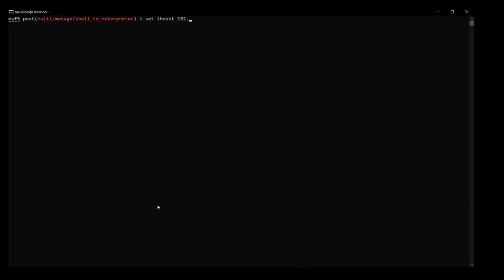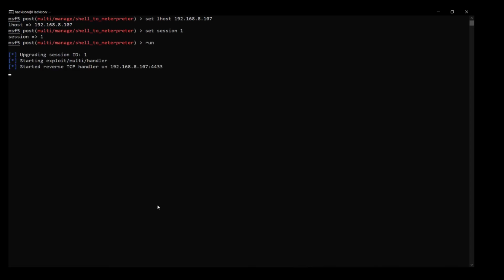Set LHOST to 192.168, again our attacker IP, 107. Make sure you are configuring these options correctly, because if you make any mistake here, you won't get the session. I have mentioned the 2 there, so check it once. Set session, we all know the session ID is 1, so I'm going to set the session.